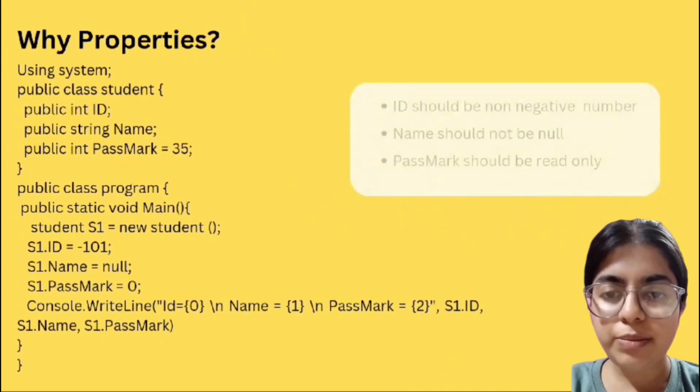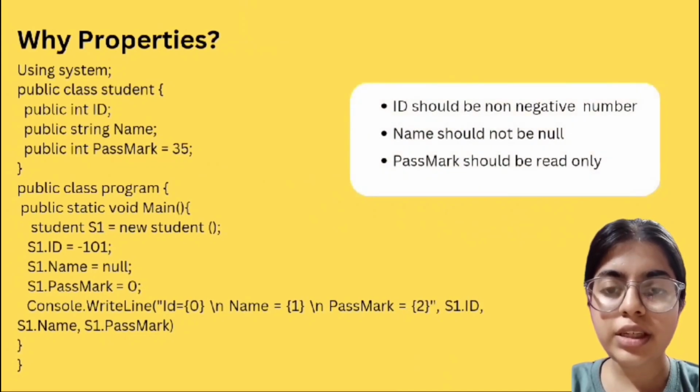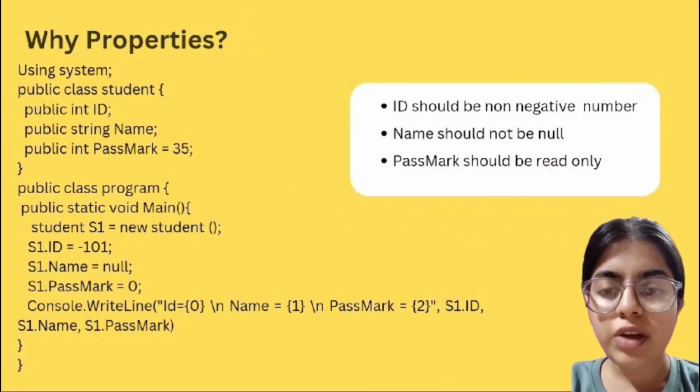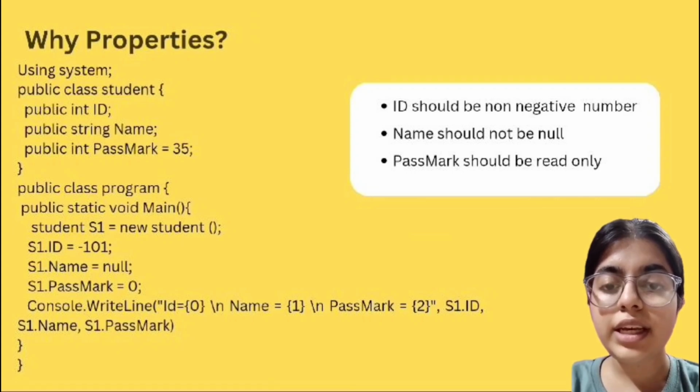Hello everyone, this is Tanvi Nair and now we are going to see properties in structures. So why do we need properties? As you can see in the example shown on the screen, we have a class Student and a class Program. In class Student we have three variables, int id, string name and int passmark, which are declared as public. And in class Program, we are creating an object for class Student as S1